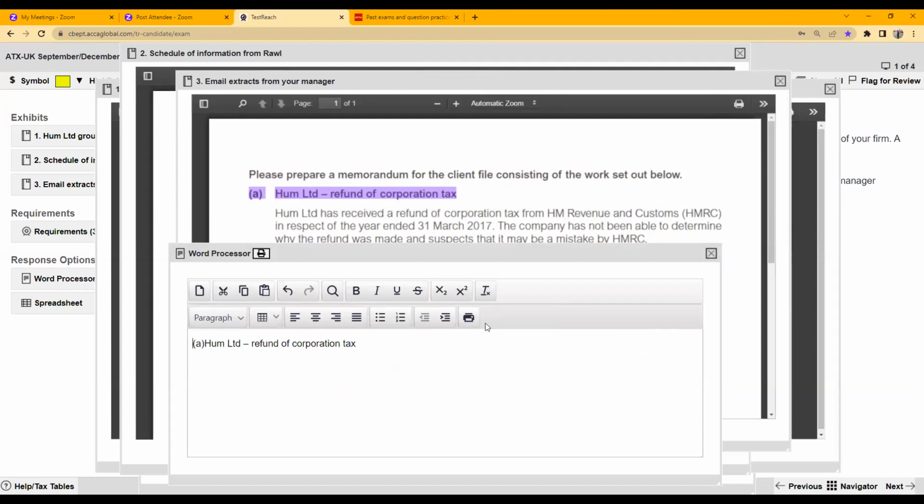But before that, as we have to answer in a memorandum form, what we are required to do, for gaining 4 marks, is the first thing, Hum Limited Group. We are working for the files, or we can write for tax manager, but do not write the tax manager because we are not only working for the tax manager, we are basically working on the files, right? For which client? Client name is Hum Limited Group. Subject, what you are required to do is that refund of corporation tax,